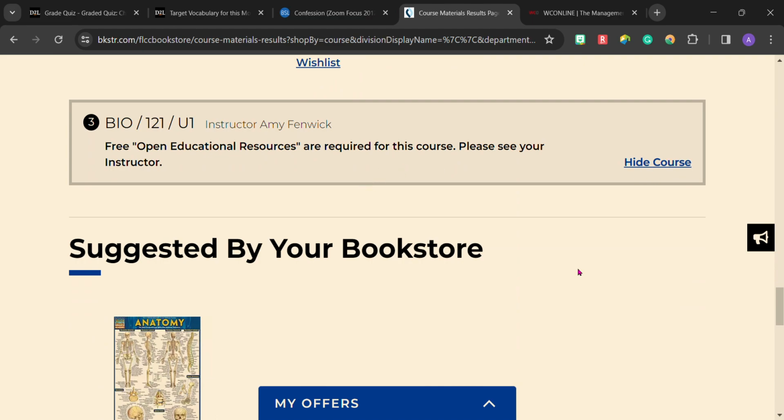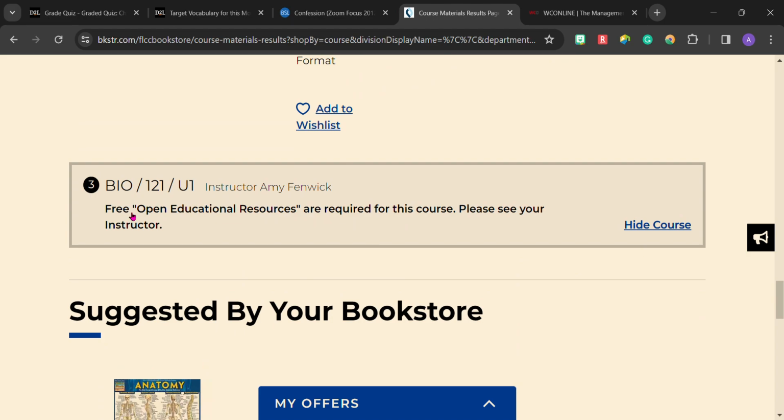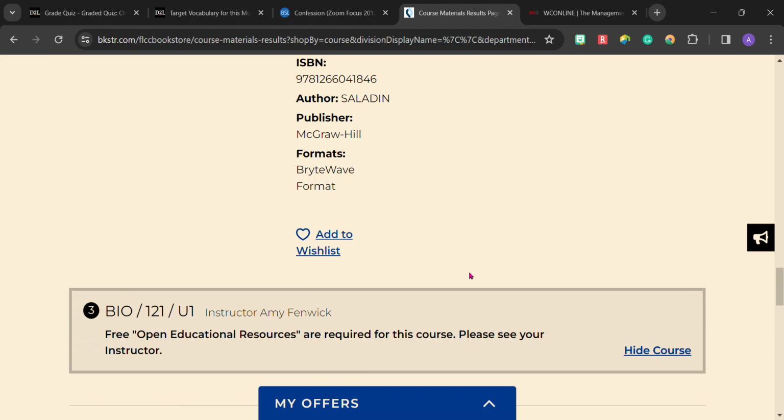So the other thing that you may see for many courses is you may see something like this. It may say free open educational resources, which means there is nothing to purchase, no lab kit, no online access card, no textbook. With many courses like this, there are resources that you need, like an open online textbook, but they're not listed in the bookstore because the bookstore does not have to sell them to you. So again, the best thing that you can do before you even come to the bookstore to research your textbooks is to look at the course outline for each of your